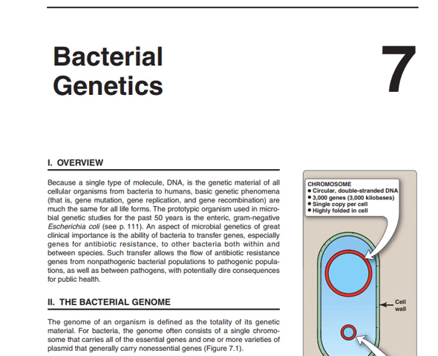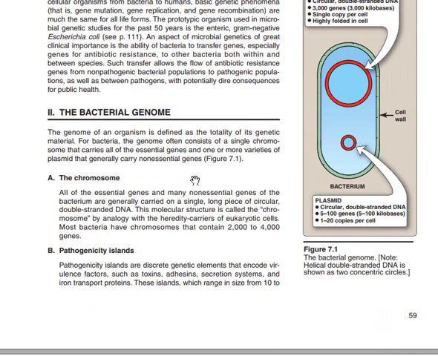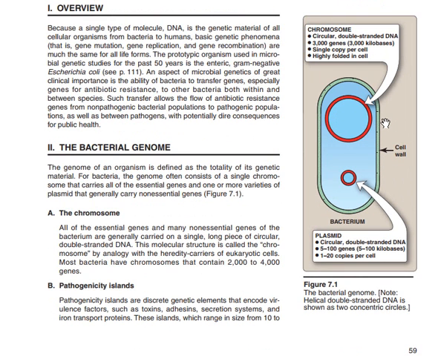So, you're going to visualize now bacterial genetics. You need to know that generally a bacterium is made up of a nucleoid, which is made up of a chromosome containing DNA. Now, I want to speak on this general diagram of the bacterial genome. Generally the bacterial genome is made up of a chromosome and the plasmid. The chromosome is a circular double-stranded DNA,